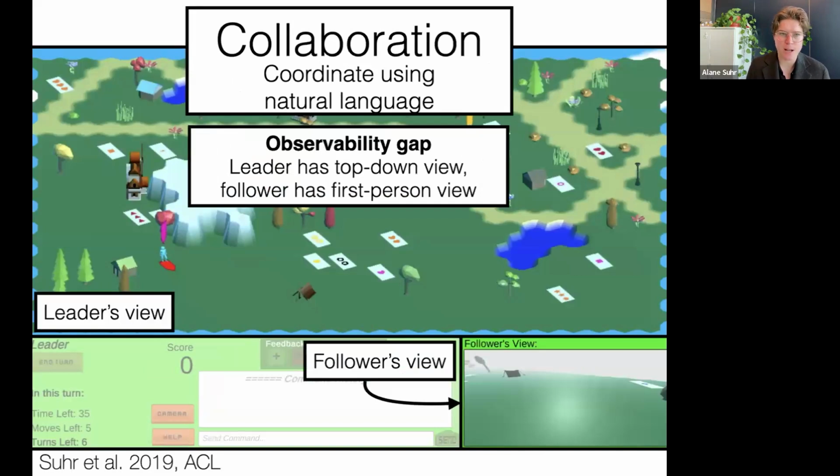So this discourages the follower from doing whatever they would like towards some goal, because they don't actually know all the information about the environment, so they might do something that messes up the leader's plan. But it also encourages leaders to write instructions that are grounded with respect to the follower's current perception of the environment. For example, if I want my follower in blue here to get the 3 red triangle card, I'm going to have to tell it to turn around because you can see in the bottom right, it doesn't actually see that card right now.